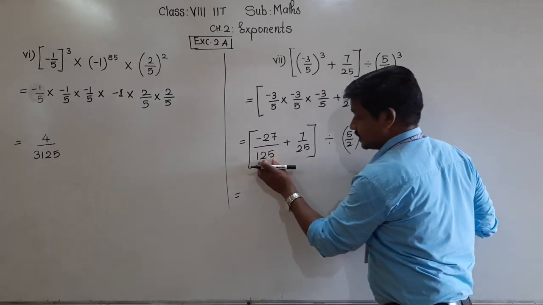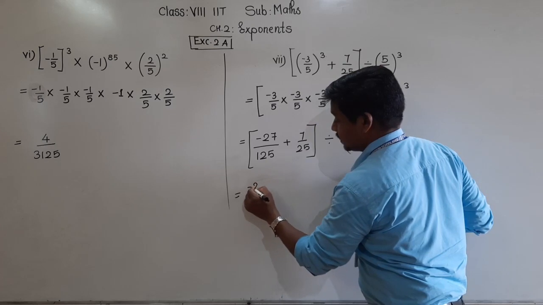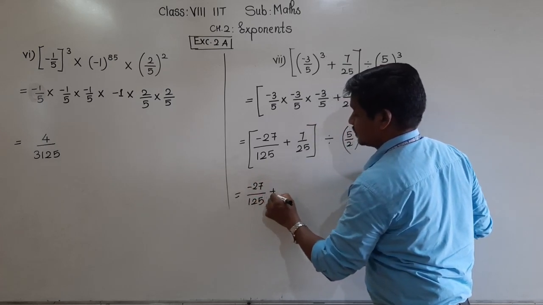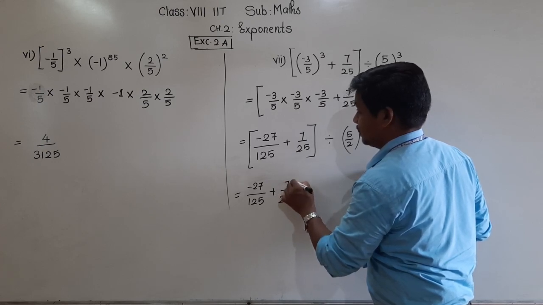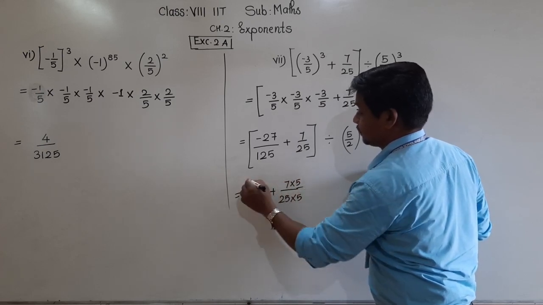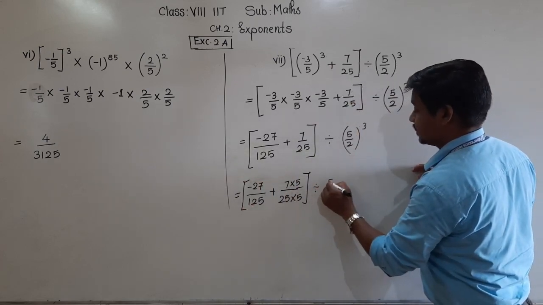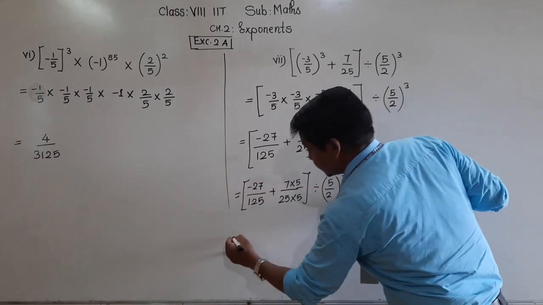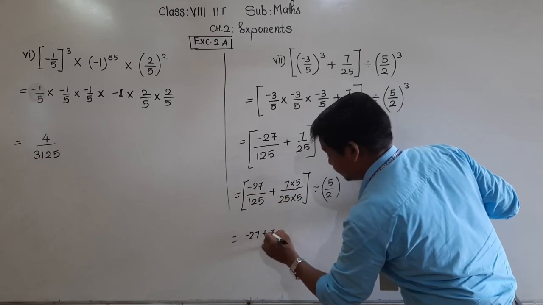Here see, denominator is 125, here 25. Let's make here 125. So minus 27 upon 125 plus 25 5s are 125, so 7 5s. Carry this as it is. Divided by 5 by 2 raised to the power 3 is equal to minus 27 plus 7 5s are 35